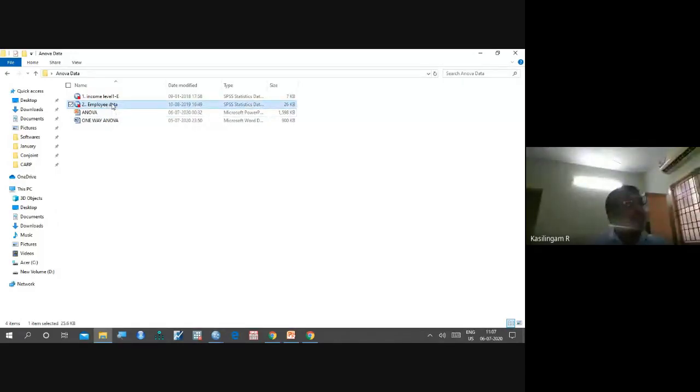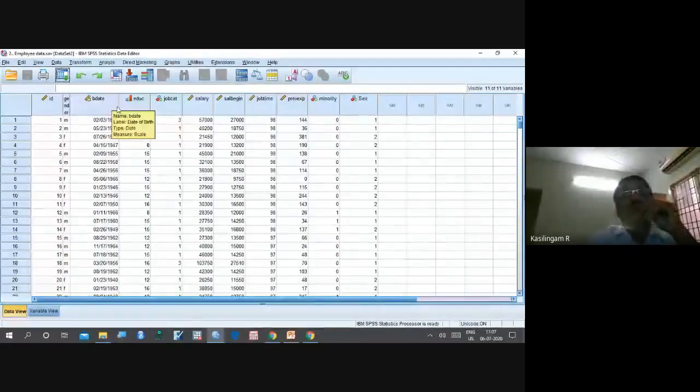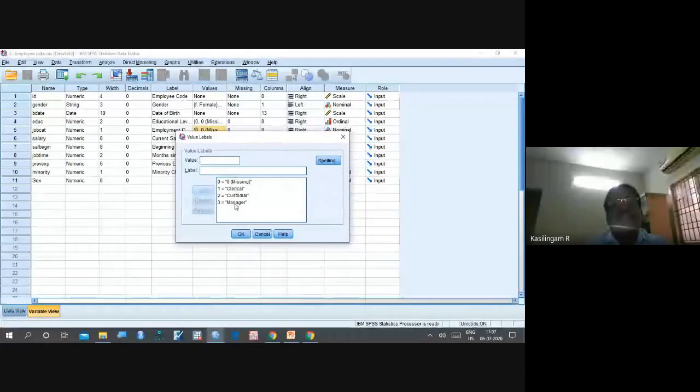Now here, employee data. I have one variable which is job category, which is a categorical variable. I got three categories: clerical, custodial, manager.